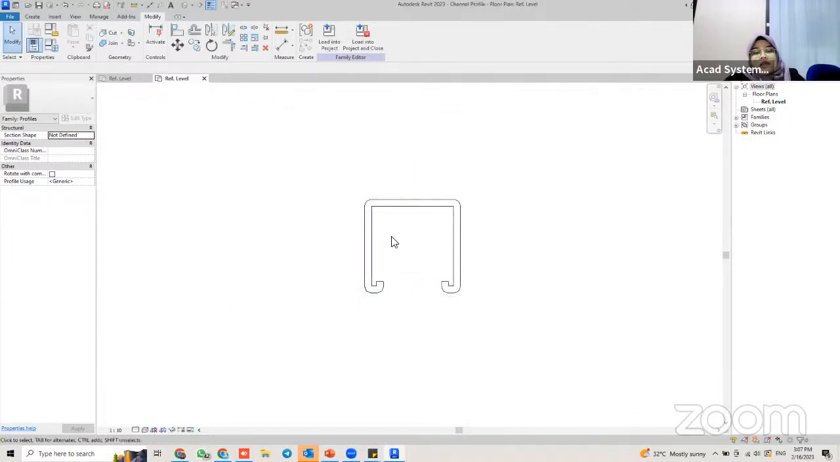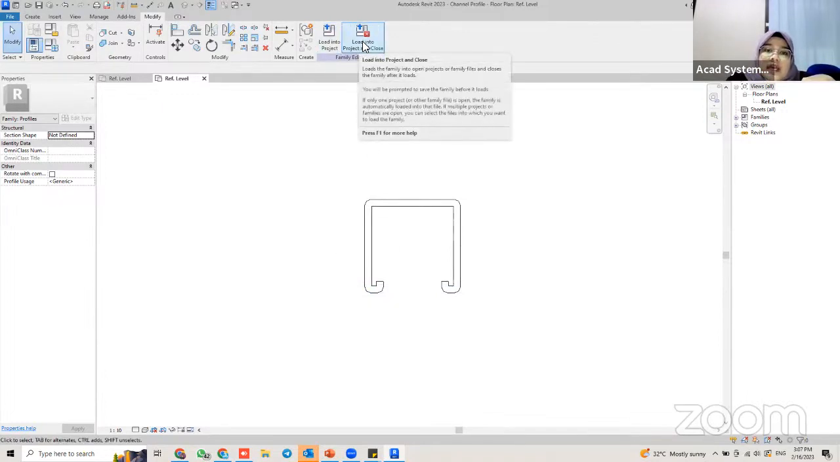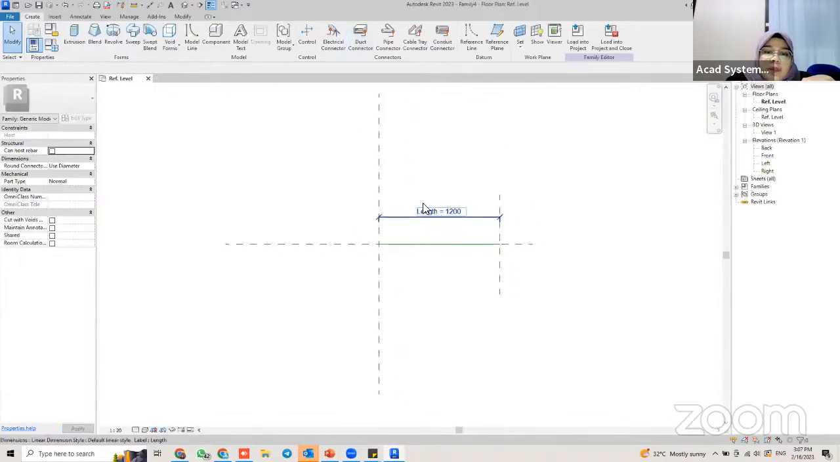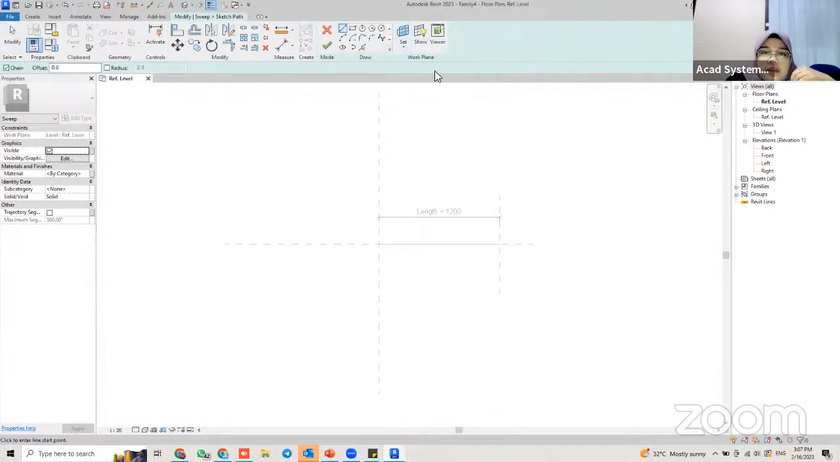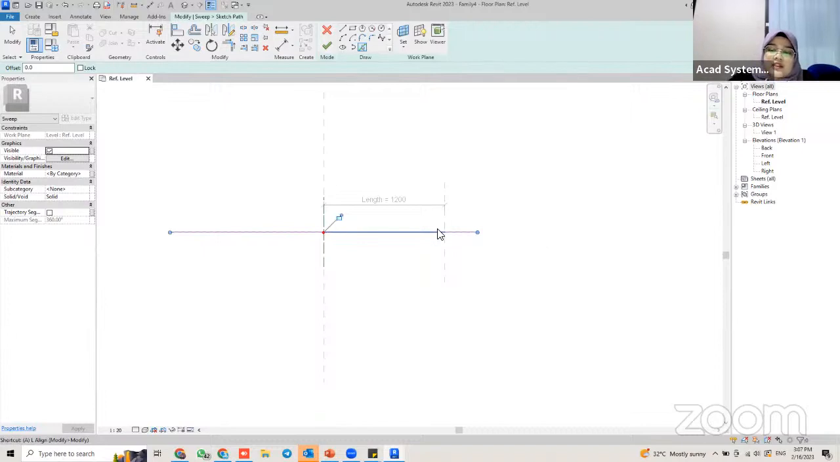Okay. All right. So after I save it, I'm just going to load it into our project and close it. After I close it, I'm going to use a sweep to create our channel. So click on sweep and click on sketch path. Okay, so I'm just going to use pick a line to pick this line here, and I'm going to align it to modify